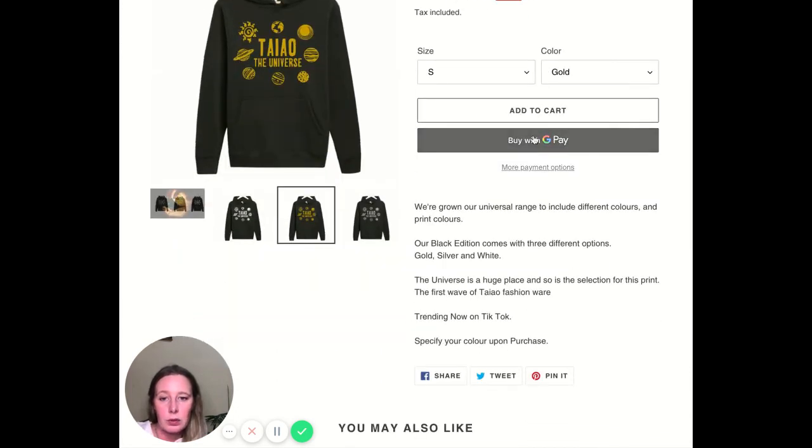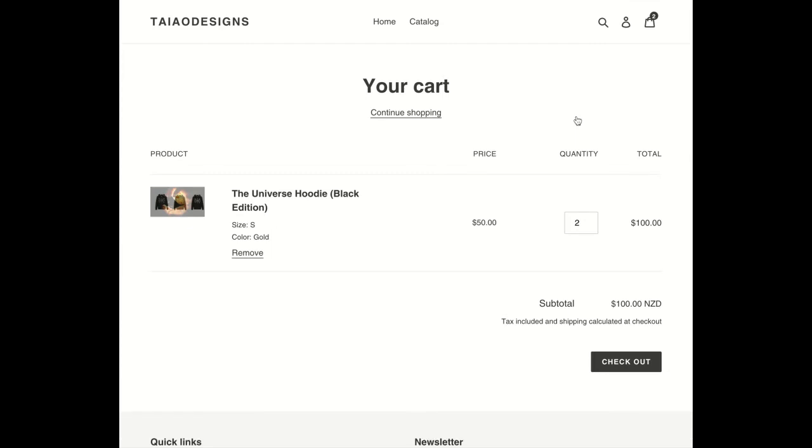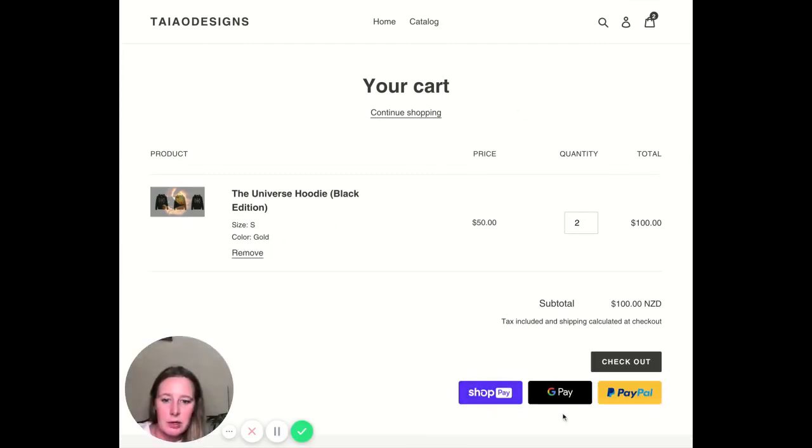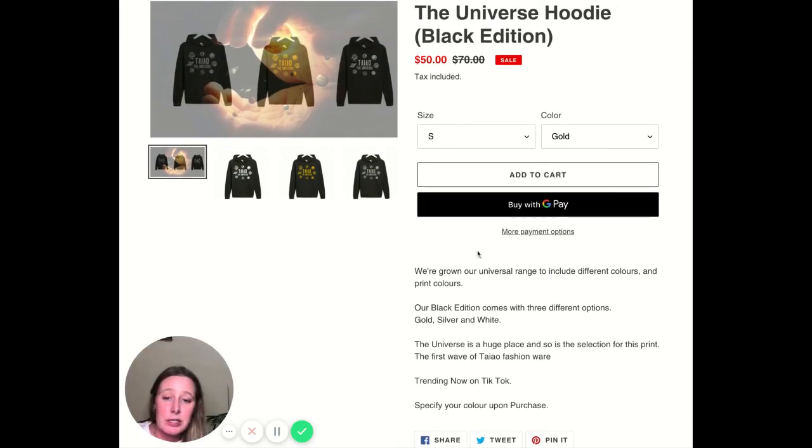You've got all of the buy now, the payment options, which is awesome. I would just add, there we go, PayPal, Shop Pay, and Google Pay. I would also add some trust badges in there so that people feel comfortable checking out on your site. And another thing that I was thinking about